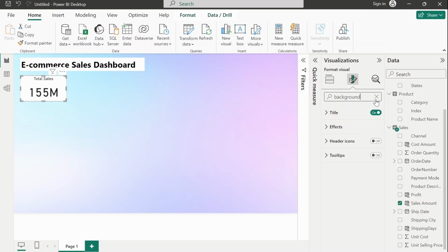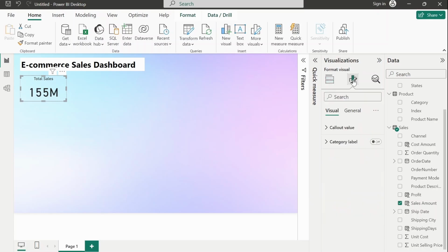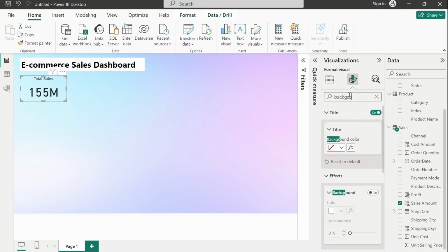So it's completely fine if you're not able to find it. I can turn off the background. If I turn off the background, you can see it is showing the below background, but I just want to make it a little different. So I will again go for background, and instead of completely removing the background, I will